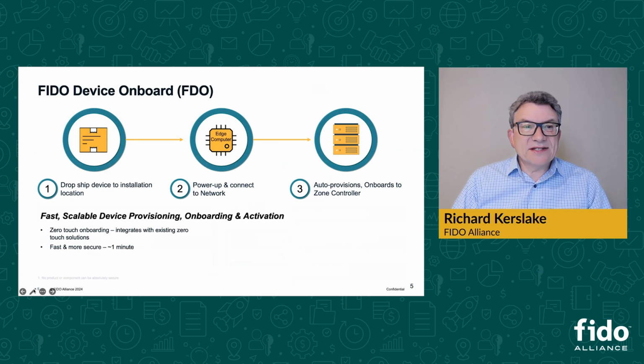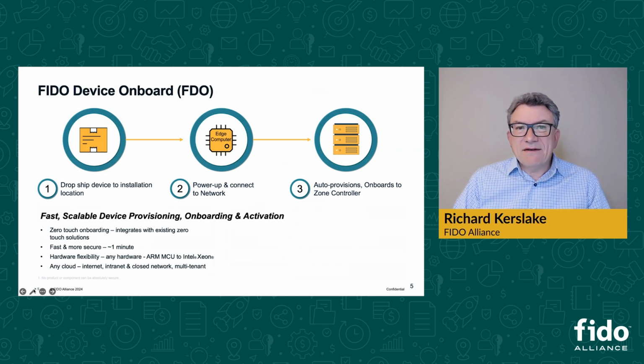As I said, for the person installing it, it's zero trust, it's fast. It works with pretty much any hardware. You can use it with a small microcontroller all the way up to heavy Xeon processors used in cloud-like applications. All kinds of hardware and software configurations pretty much are supported, whether you've got intranet, internet, closed network, multi-tenant, all of those can be supported. And we actually have some videos that can walk you through how you would do that using FDO. As I'll also mention, we have a technology called late binding, which basically means we reduce the number of product SKUs needed.